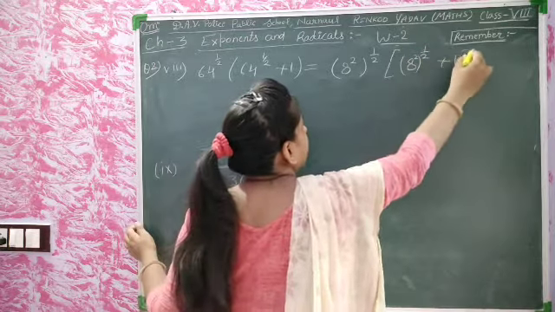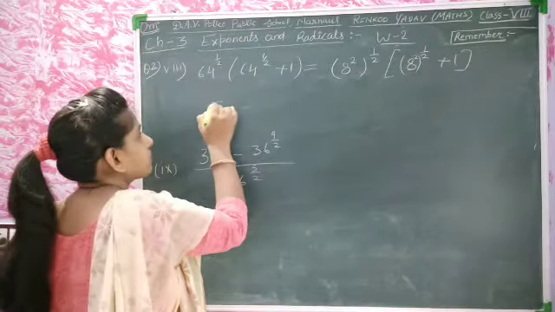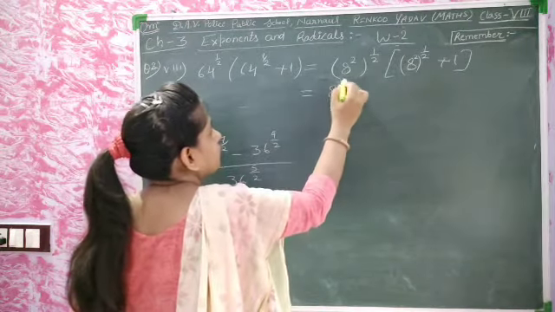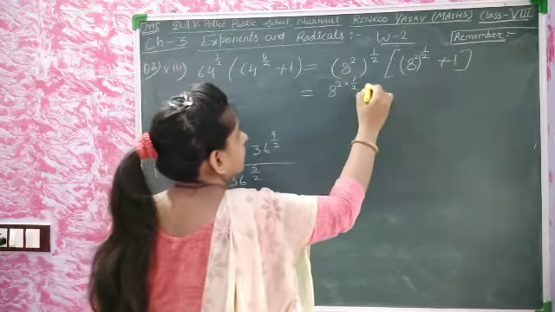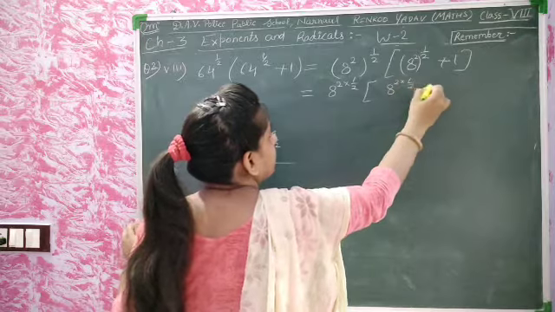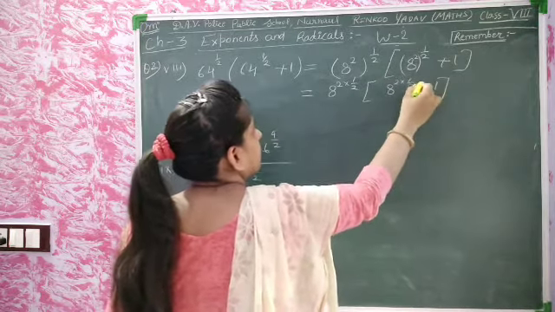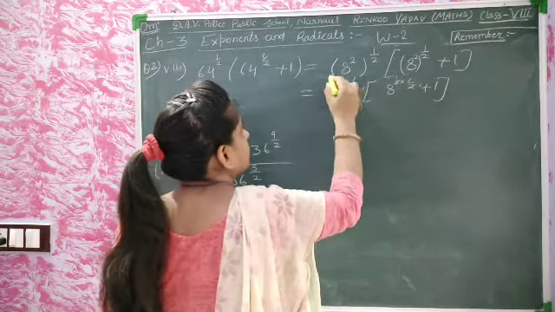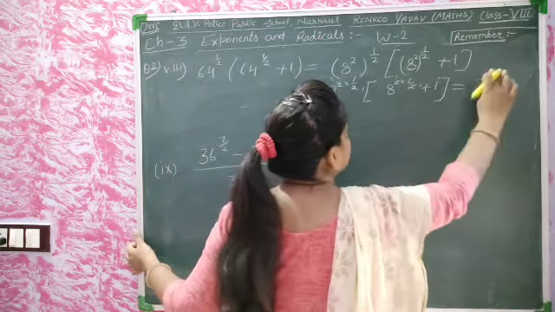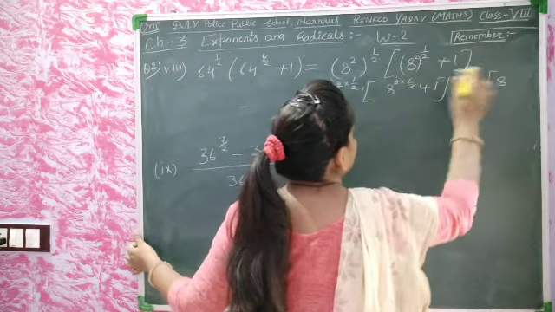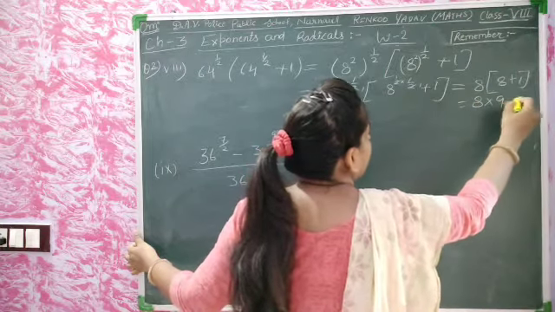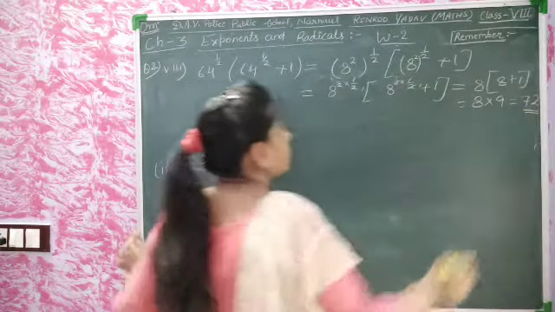And plus 1. Now we will solve it. 8 to the power 2 into 1 by 2, and there is the bracket here. 8 to the power 2 into 1 by 2 and plus 1. It will again cut there: 2 1 2 cancels. And we will get 8 to the power 1. It means there is the 8. And there is also 8 to the power 1 plus 1. We will get 8 into 9. There is the 72 answer.